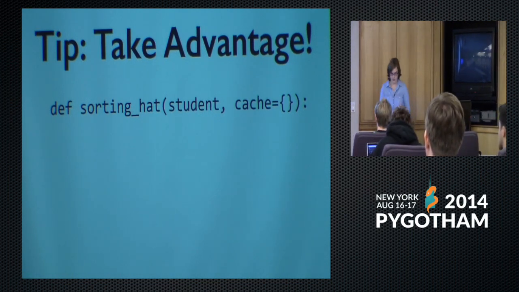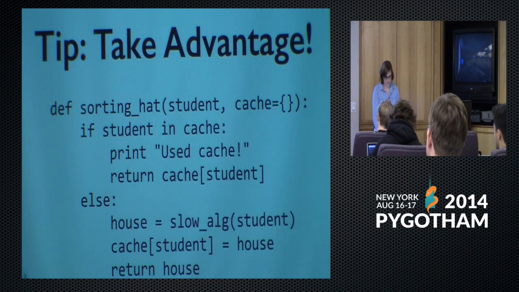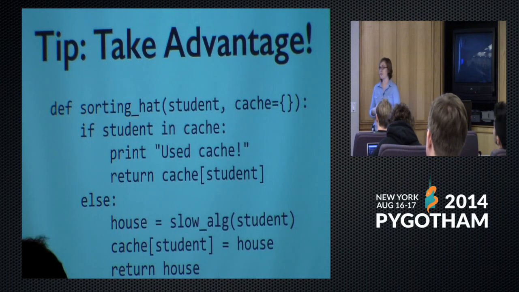So we'll define this function called sorting_hat, and it'll take two arguments, student and cache, with the default value of an empty dictionary. And recall dictionaries are also mutable objects. The first thing that we'll do is check to see if the student is in the cache, meaning we've already computed the house for the student. And we'll just print a basically logging statement that tells us that we used the cache and then return the house that was stored in the cache. Otherwise, we will compute the house using this slow algorithm, and then add the student to the cache,